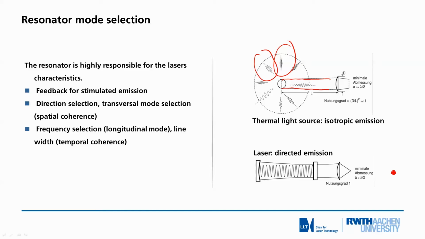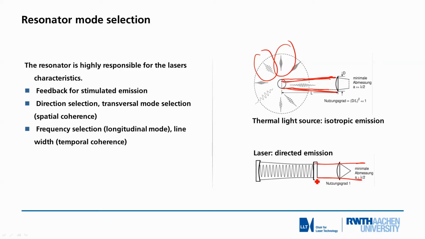Then, as a consequence, we get, so to say, automatically a transversal confinement of the radiation in terms of only this angle, as I indicated here in the sun case. Of course, in the laser we only have this type of emission, and due to the omission of all the other processes, the stimulated emission in all other directions, we get a very high efficiency in this direction at a very low, what we call transversal mode level. So we have high spatial coherence.